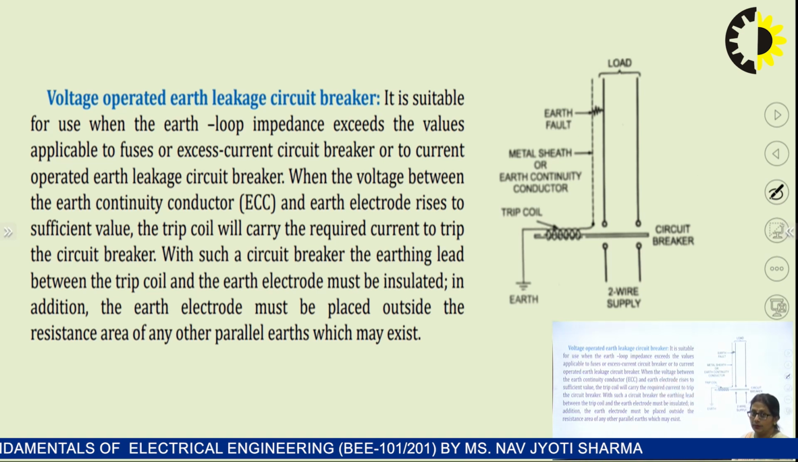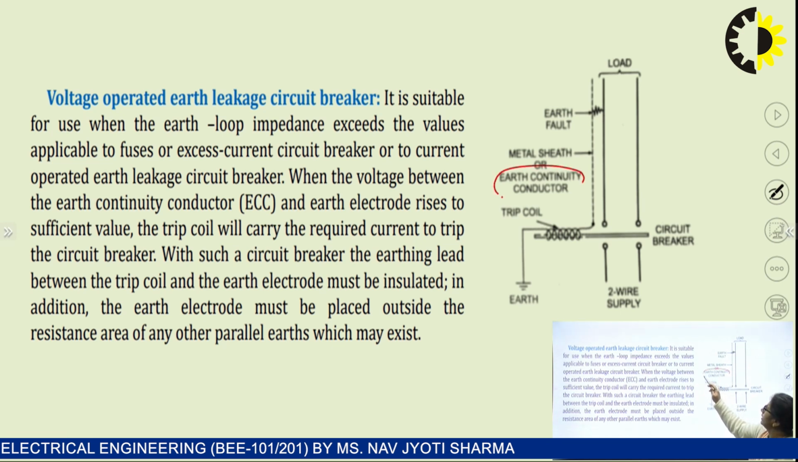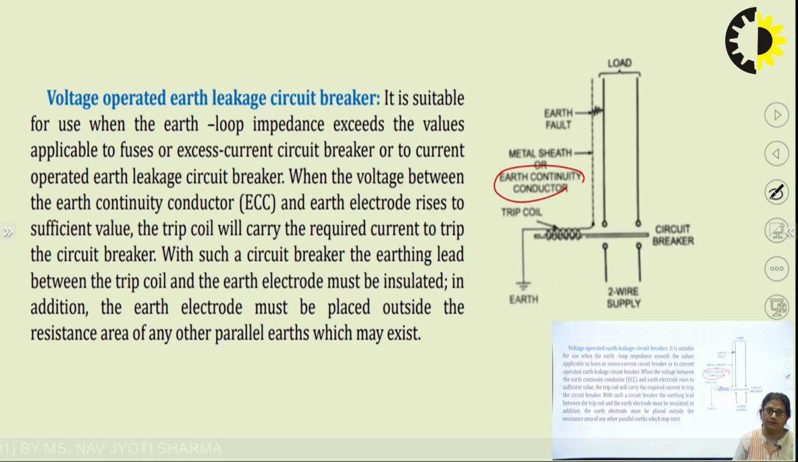Now, how does this operate? When the voltage between the earth continuity conductor, right, this is the earth continuity conductor, and the earth electrode rises to a sufficient value, say a predetermined value, the trip coil will carry the required current to trip the circuit breaker,